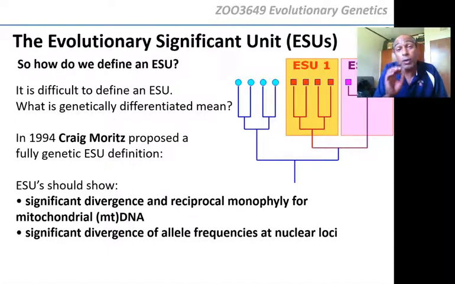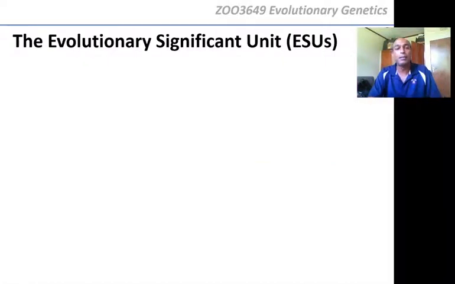Okay, it's only an ESU when it's special, when it's isolated, it's been surviving for a very long time without gene flow coming from somewhere else. Okay, that's why it is special. Okay, so